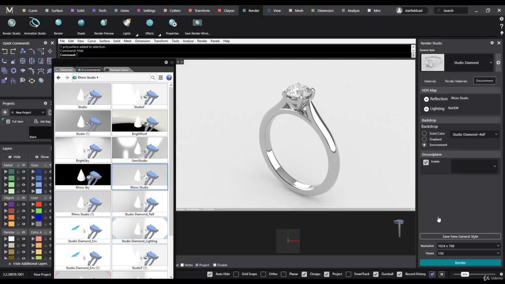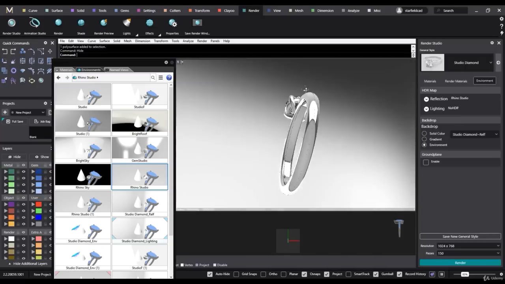Now you can leave it like this, however I feel it's good practice to disable the ground plane and have your own geometry in the scene that you would render against. Although you don't have to, you can have this ground plane enabled, and what that does is it takes the lowest point of geometry in your scene. So if you were to have a line or a point or a poly surface which comes down a little bit lower, that's where the ground plane is going to be set. And what it does is it's just projecting a shadow onto the ground plane. So if I disable that, you can see that shadow goes away,